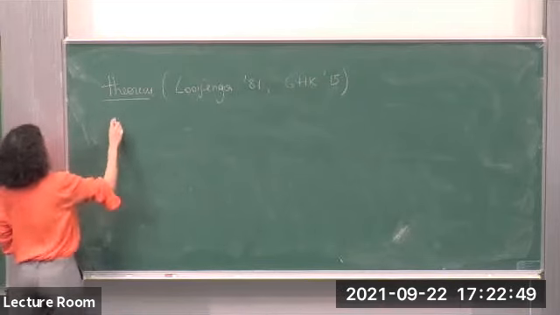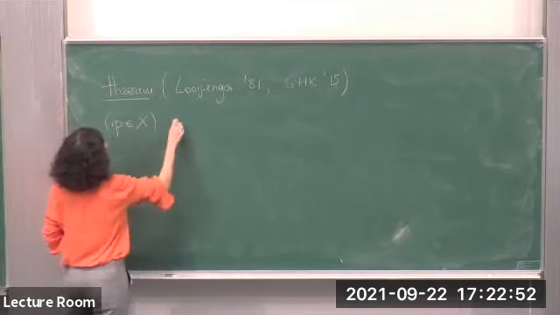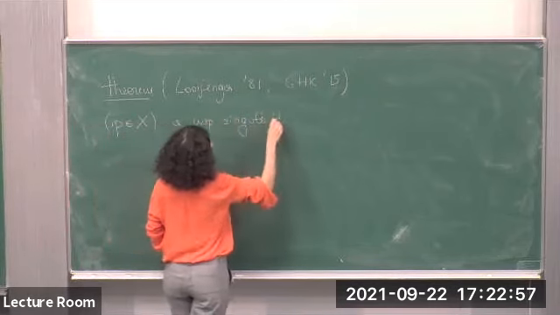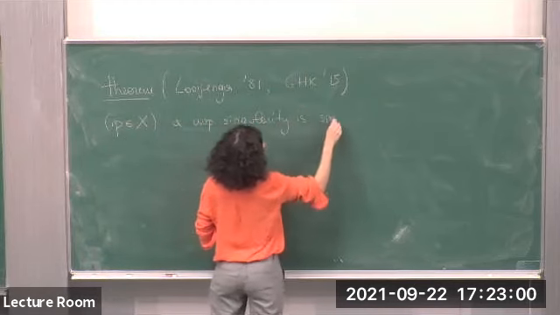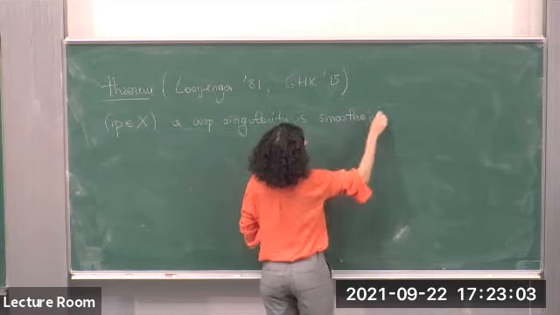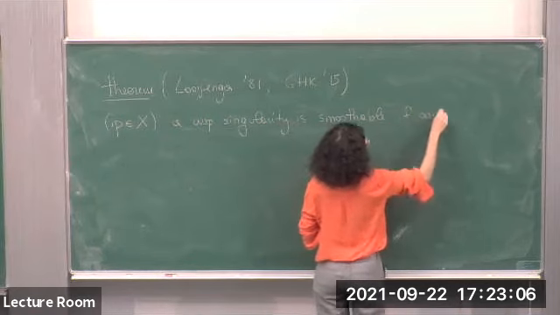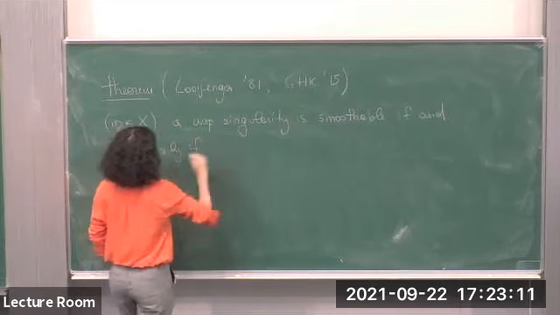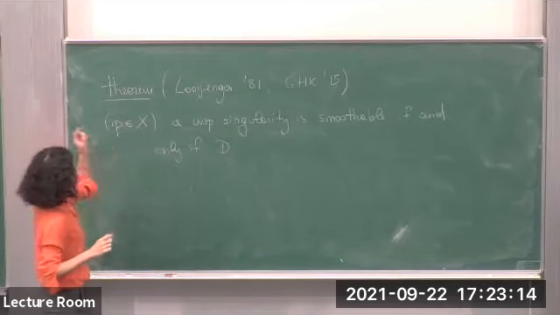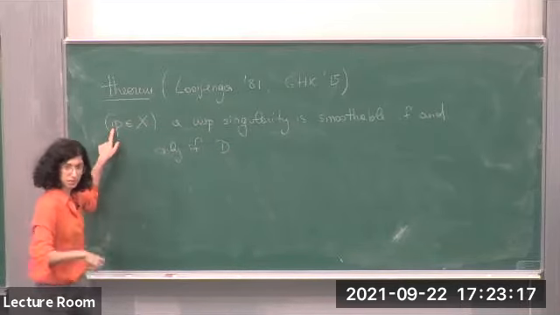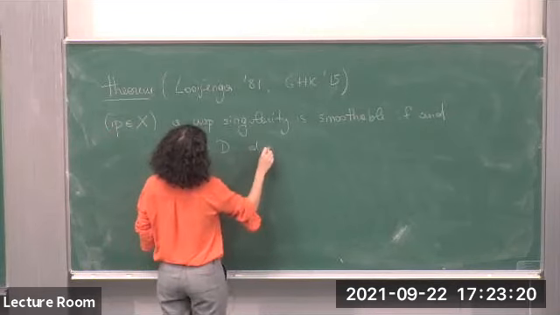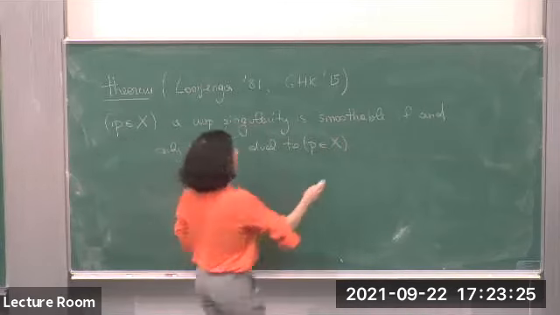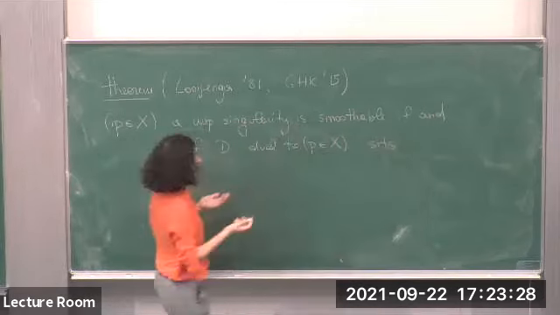It basically says that P in X, a cusp singularity, is mutable if and only if D, which is the dual cycle to the cusp, dual to P in X, sits as an anti-canonical divisor